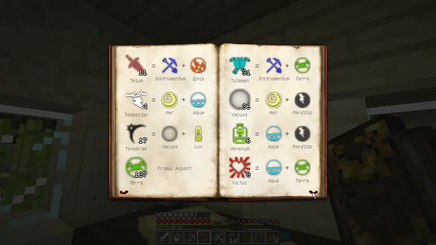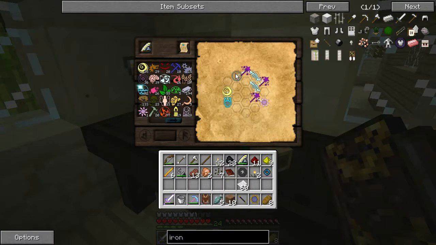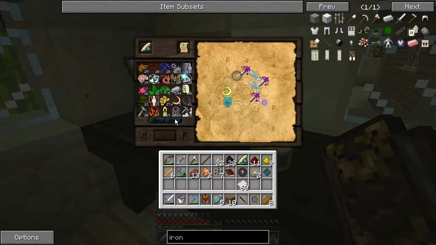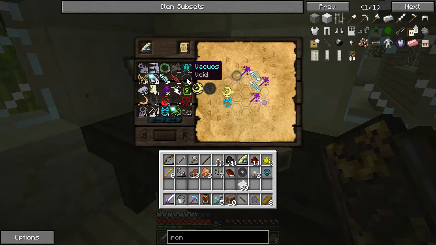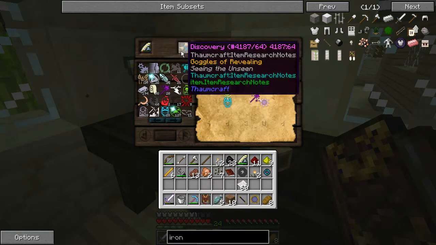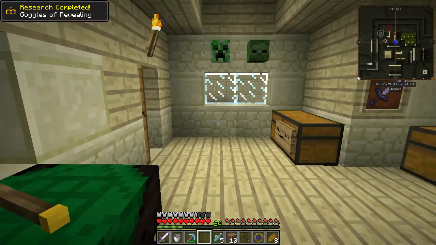No, it's that. That's what I was thinking of. Very well. So to get from vacuous to air, we need something which is, well, that's what I can do. I can go to here and then another void here. Yes. Right, excellent. So that has given us the Goggles of Revealing Discovery, which has now been added to our